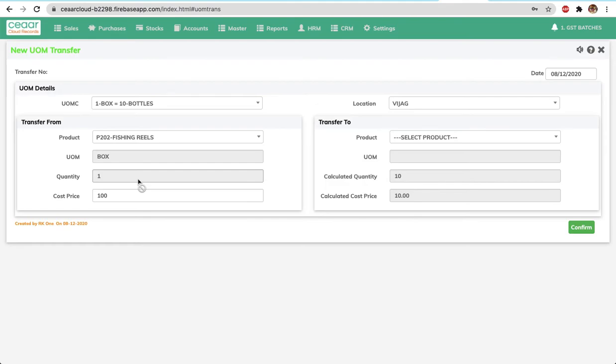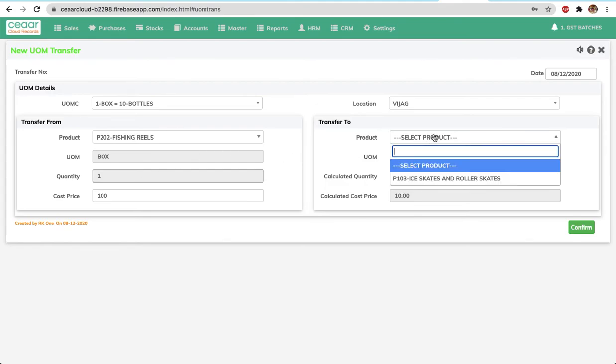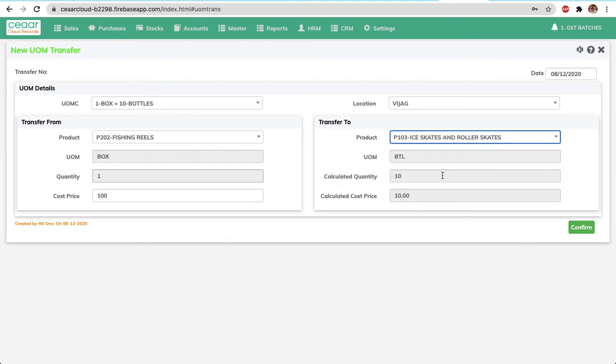That means break that into bottles. You can see 1 is to 10. Now this is also divided by 10. So this is how. Yeah, this is just sample data.